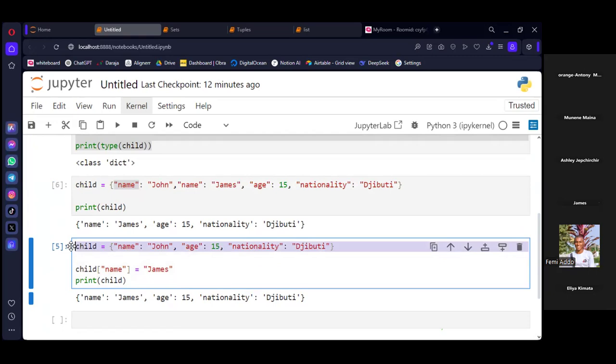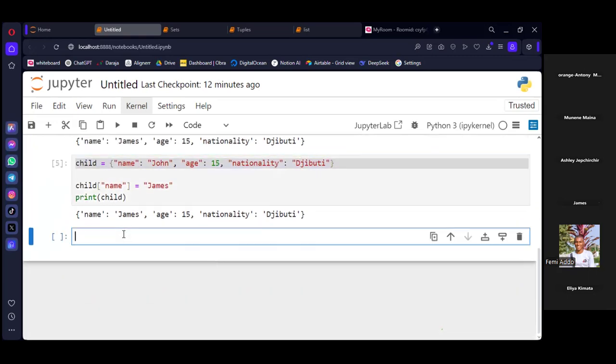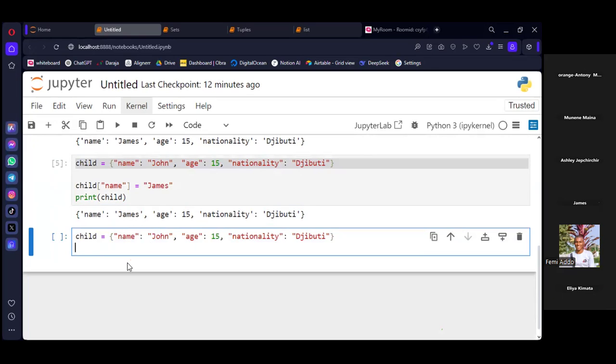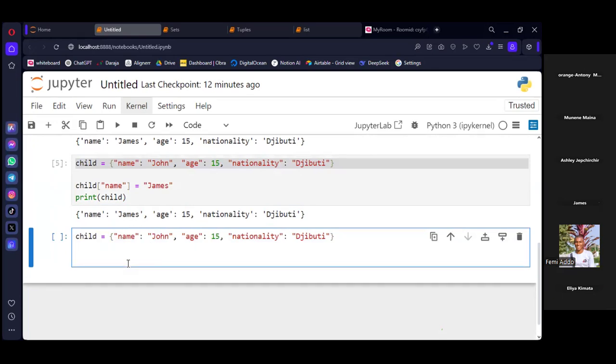You can also use other methods. For example, if you wanted to know what keys are here, you could use the keys method. You specify the object first, which is this variable child, then use the keys method.